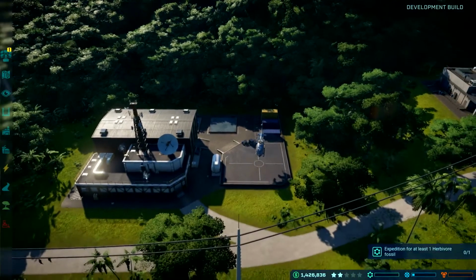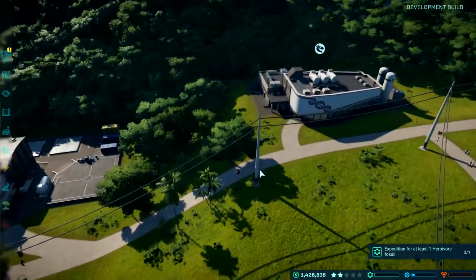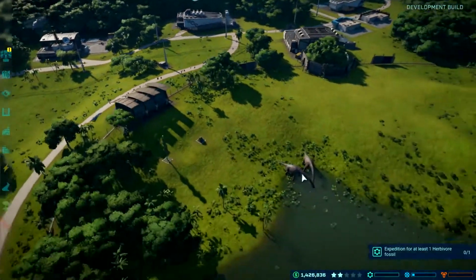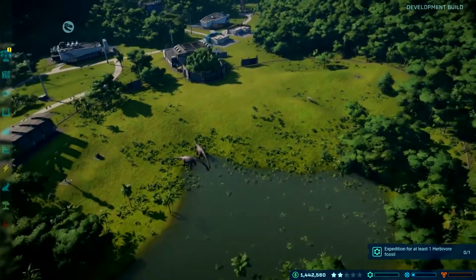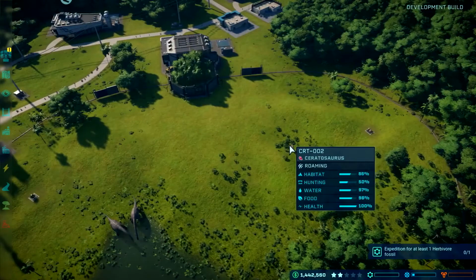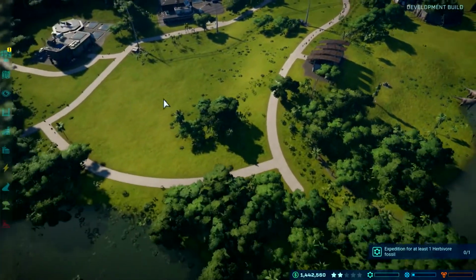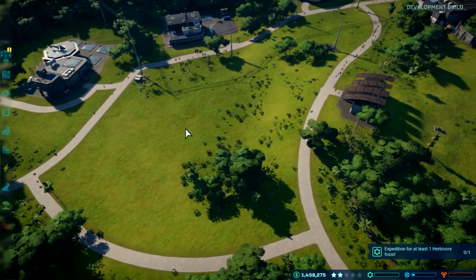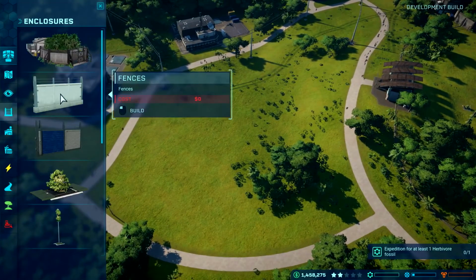So my expedition chopper's going to head off there and kick off that expedition. Now, I have released a dangerous carnivore here into my herbivore enclosure, so that's not a great idea. I'm going to try and move this Ceratosaurus to a smaller enclosure of its own over here. Now I'm going to create that enclosure first, so I'll head to the fence tool and start building the outline